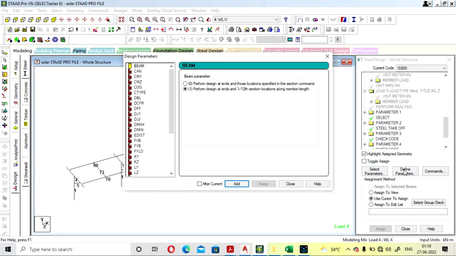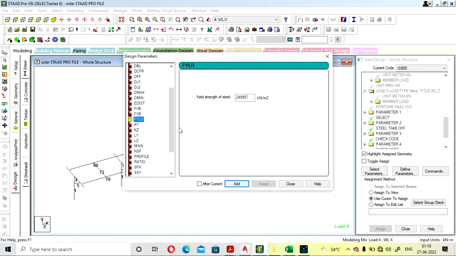Select define parameter and you have to give the main design parameter, that is FYLD of our steel. So here we are going to consider 250, so it is written in kilonewton per meter square. So you have to provide 250,000. Okay, as 250 is in newton per mm square. Okay, like this 250.23, add it and close it. Okay,